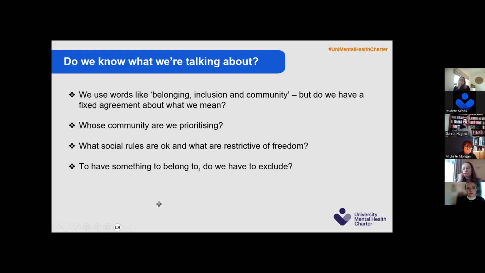Or where there's an assumption around postgraduate students, for instance, that they're old enough to go and find their own community. There doesn't need to be any support in place. There doesn't need to be anything in place to help those students gather together and feel that sense of belonging to each other and to the institution as a whole. And that clearly, we hear that again and again, and that's been in the research now for quite some time when we talk about that group of students.